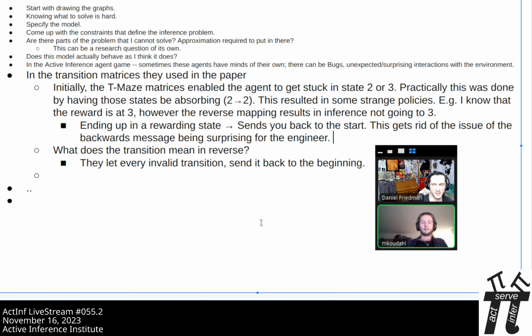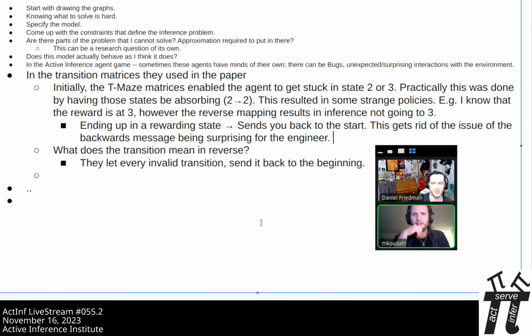Okay, just to confirm this. So the initial strategy was, as is classical in POMDPs, you just had the state of reward be absorbing. However, you could get in, but you didn't want it to leave with the absorbing state. But you had a ladder out with the backwards message, and so that was leading to some weird things.